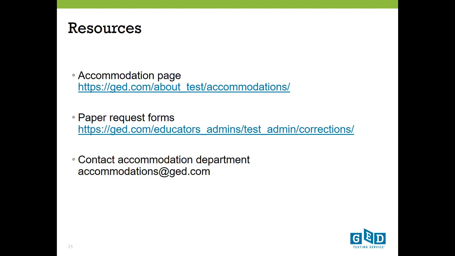And then, contacting my accommodation team, you can do that at accommodations@ged.com. That's where you can email and get general questions answered. If you have a question specifically for me, I'm happy to answer that as well. On the last screen, you'll get my personal email.